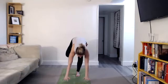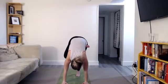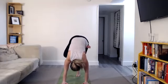Option to stay here or start to flow to toe stand, Padangusthasana. Look towards the floor, fold forward, hands to floor. Lean forward, put your body weight into your arms like you're about to do a handstand. Lift your left heel, bend your left knee, sit down on your heel. Walk your hands back to either sides of your hips. Stretch the crown of your head up to the ceiling. Left hand up to the center of your